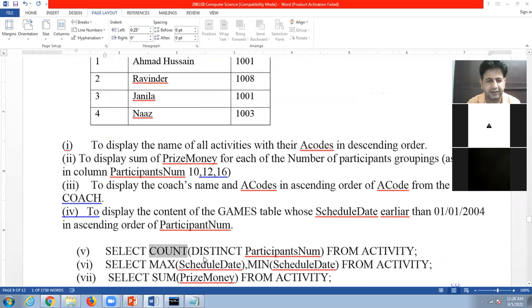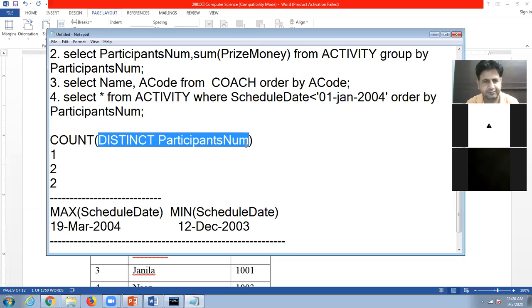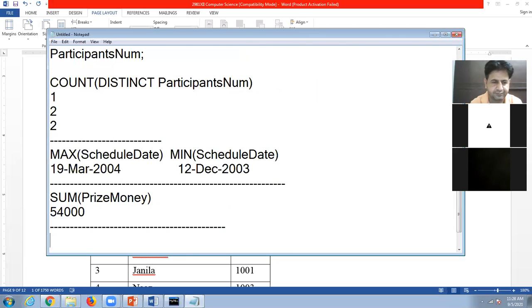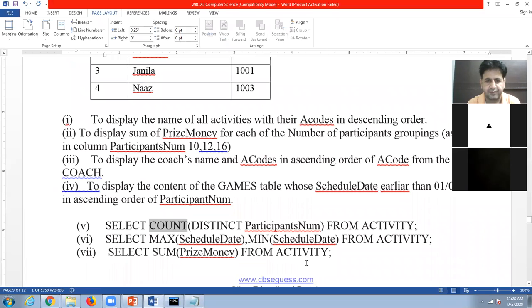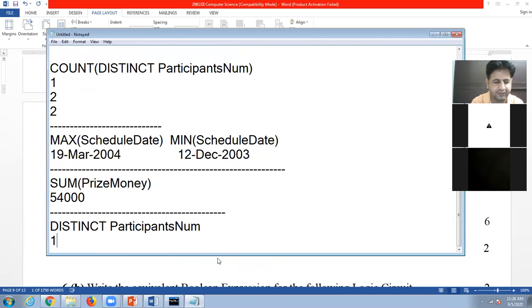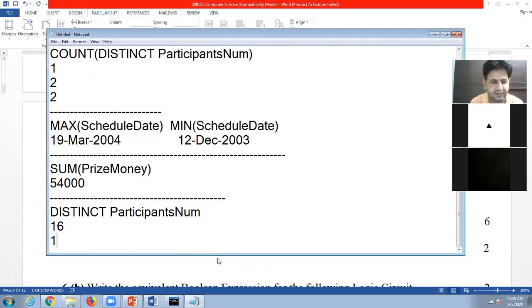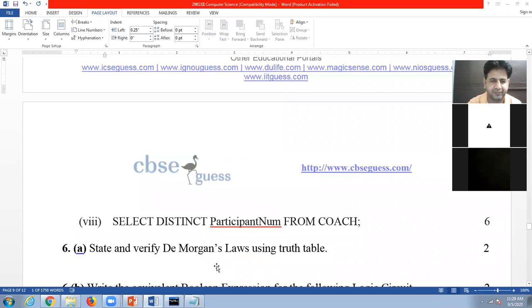But in the last question, it will be 16, then 12, then 10. So this is the answer of the last query.